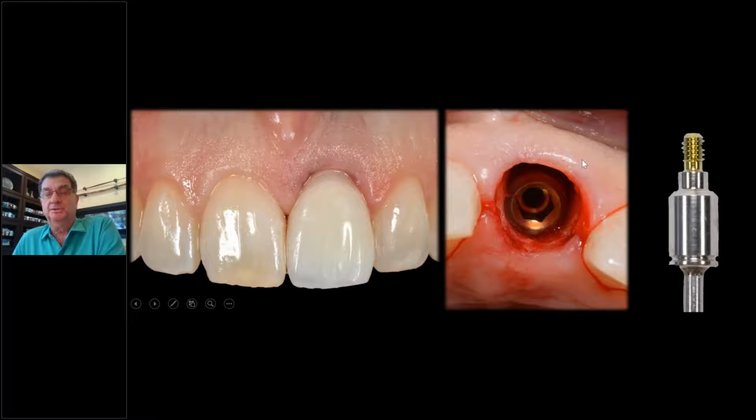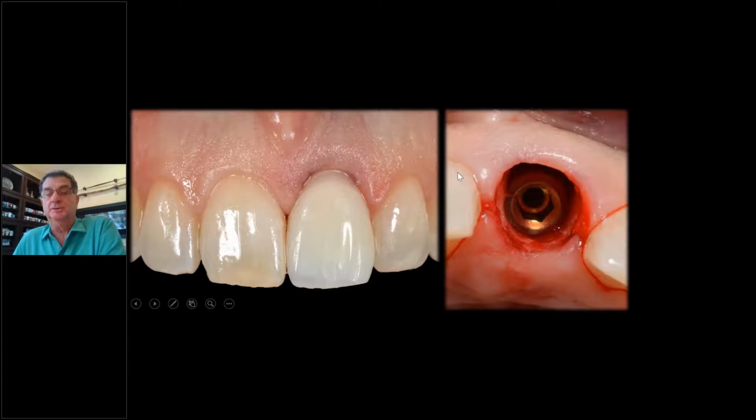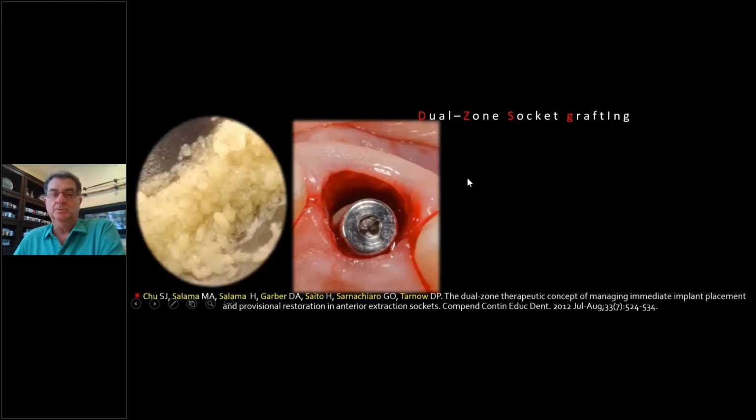Now this buccal plate is here, but I can't get to it. Look at the left screen. I can't get to it because the temporary is in the way. So while this is being stained, I wanted to put a straight healing abutment on, as you see here. Now I can pack the bone. And we use small particle cancellous bone because the chips are great if you have the room for it, but I want something that I can get in there all the way up inside this crevice right in here. So we do use small particle cancellous bone because we're going to do something different.